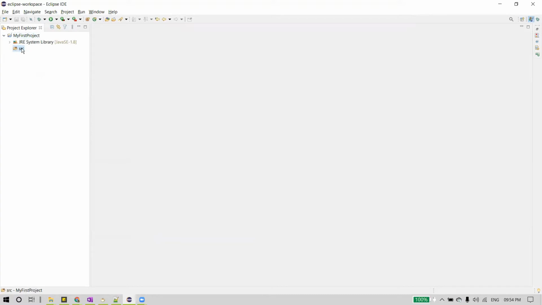So the next step we are going to do is we need to create a package. So what is a package? A package is something like a folder where we write the Java programs inside it, and you can compare it with a folder for all the related files. We create a folder and put all the related files in the folder, right? So that's how you can think of it. So a package is something similar to a folder.